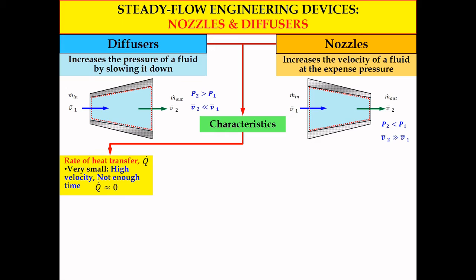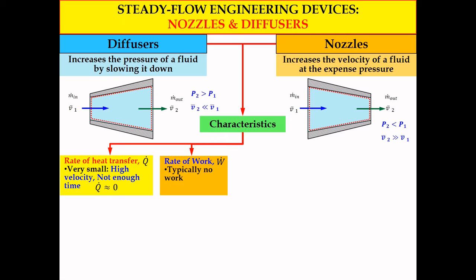So Q dot, the rate of heat transfer in the diffuser and also in the nozzle, we consider more or less equal to 0. So no rate of heat transfer or heat transfer process in the diffuser and also in the nozzle. Okay, next about the rate of work involved,